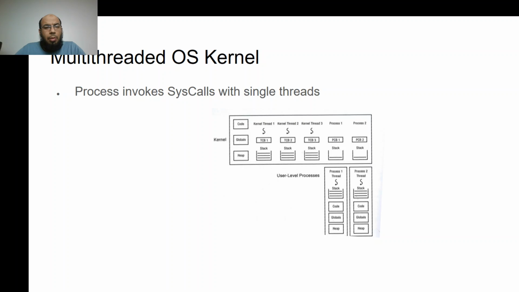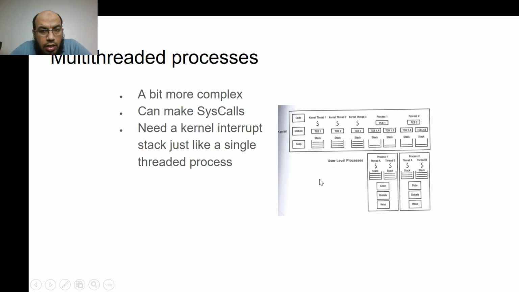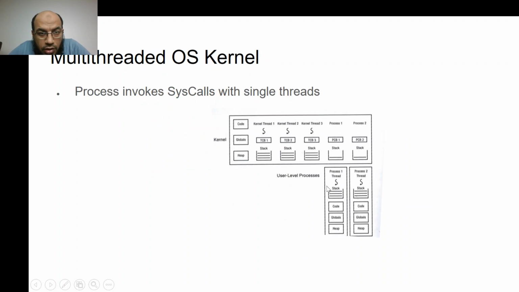So, a multi-threaded operating system kernel looks something along these lines. You have the kernel, and you have the user level processes. And you see, for each user level process, this is a non-multi-threaded version, or a one-to-one mapping. Basically, you have process one running a single thread, and it's mapped to the process one PCB, and process two thread